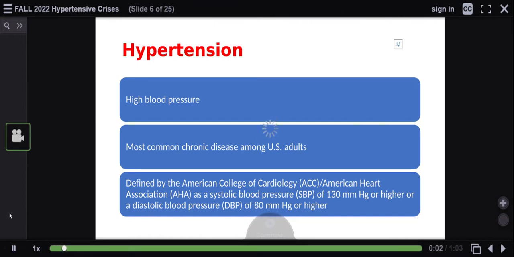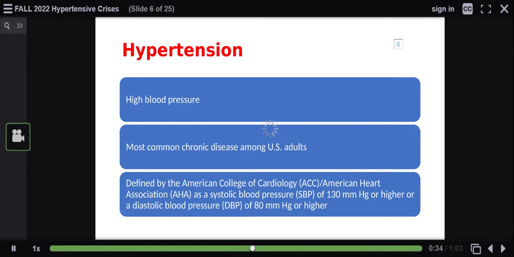Okay, so hypertension or high blood pressure is the most common chronic disease among adults in the United States and in the world, and it has been identified as the leading risk factor for premature death, disability, and overall disease burden worldwide because it may lead to cardiovascular disease, stroke, and chronic kidney diseases when not appropriately treated. So it's therefore important for us to know how to appropriately assess, monitor, educate, and intervene in patients